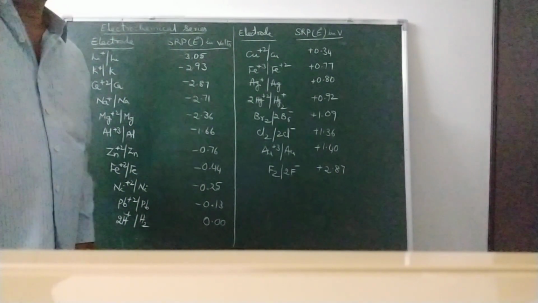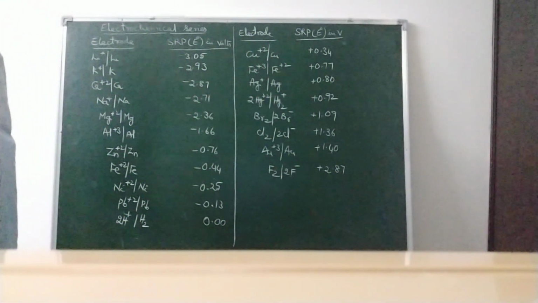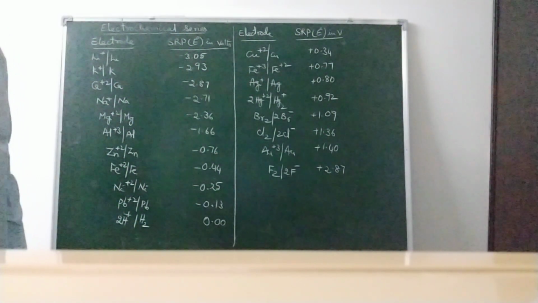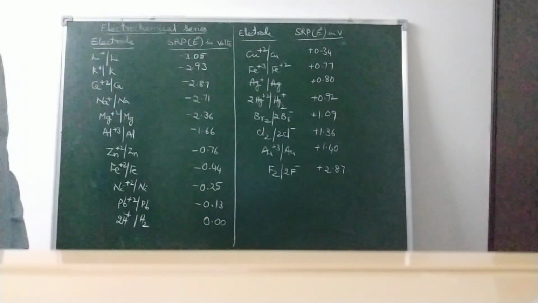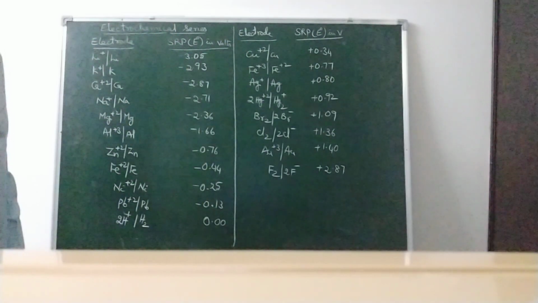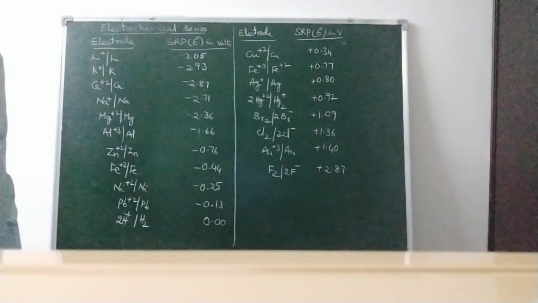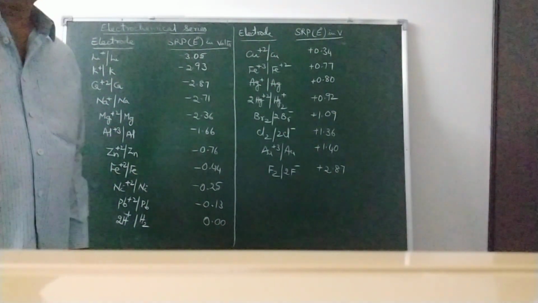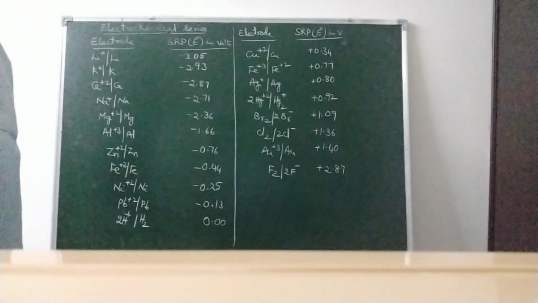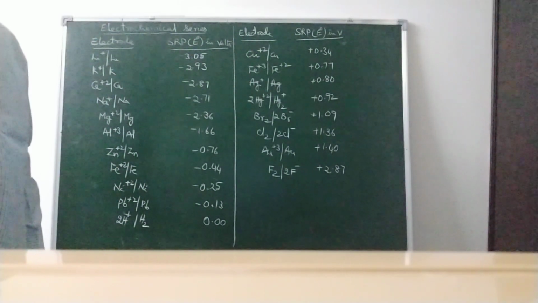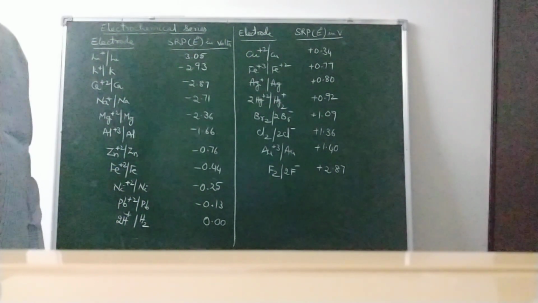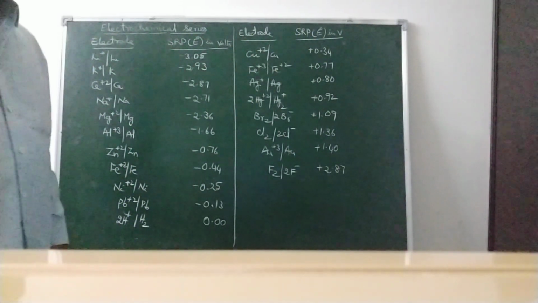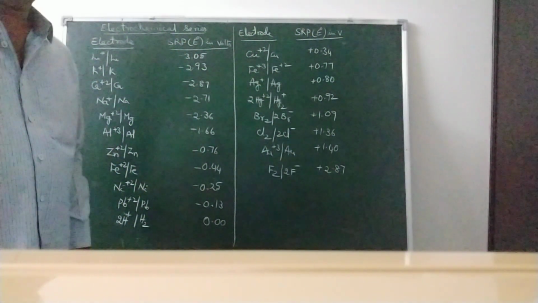We have already discussed how a galvanic cell works and how to determine electrode potential, and the types of electrode potentials. To determine a single electrode potential, we use standard electrode potential. Examples of standard electrodes are the hydrogen electrode, the calomel electrode, etc.